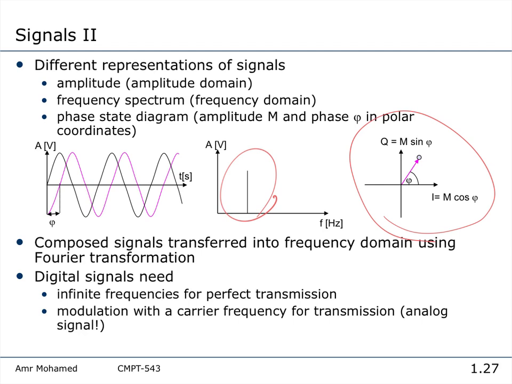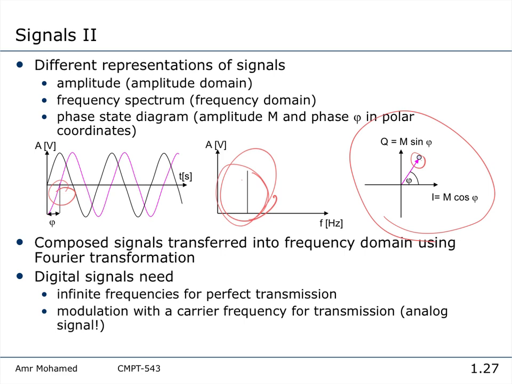We didn't talk about this. I think we touched on it in network 1, in network 2, right? But this phase representation also allows us to understand lots of characteristics about the signal. Very nice, especially when we talk about multiple symbols being transmitted at the same time using modulation schemes. We'll talk about this. So this signal in the time domain is represented using one impulse in the frequency domain, which is represented using one point in the IQ diagram.